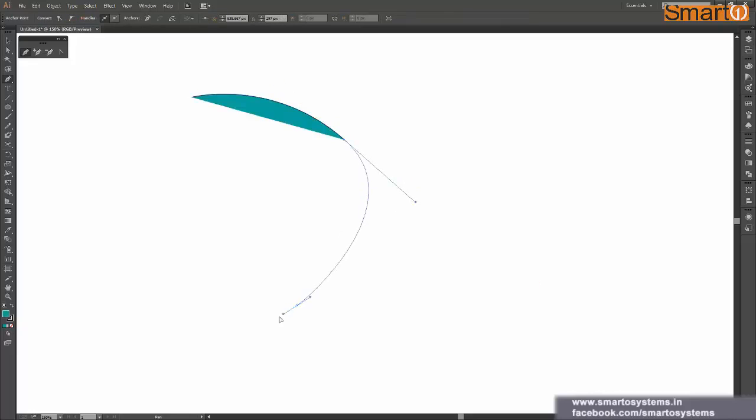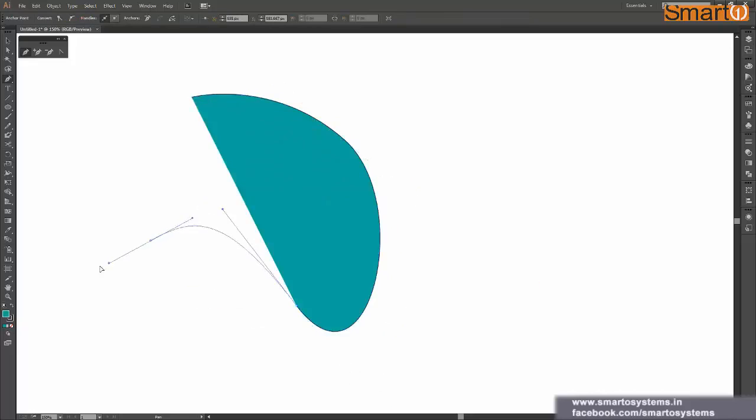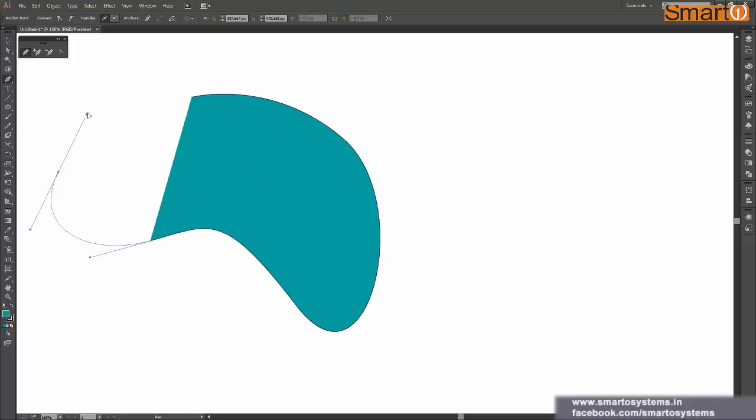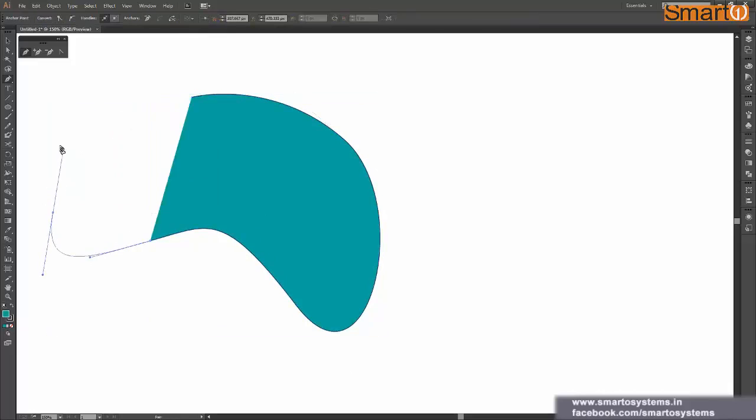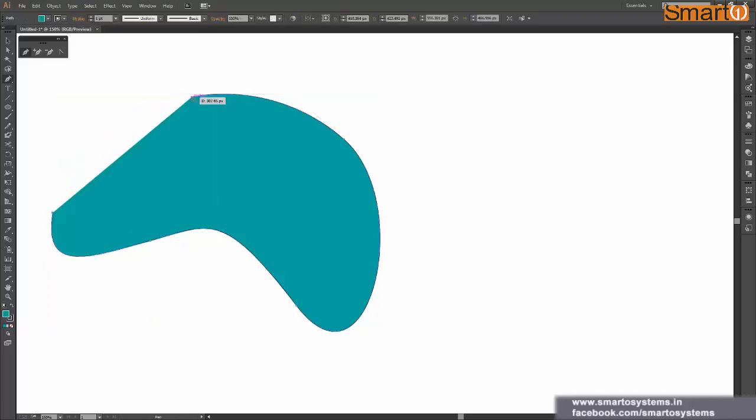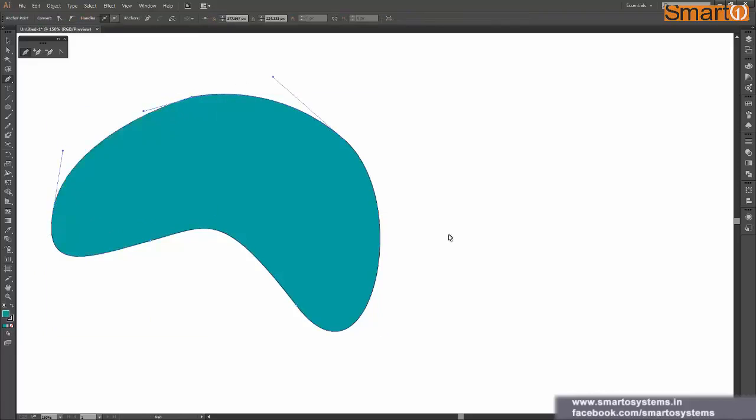And again, I can just click and drag to create this anchor point, to create these tangents, and click and drag, click and drag, and click and drag at the final point also to have something like this. Okay, so yeah, I have created a very smooth shape.